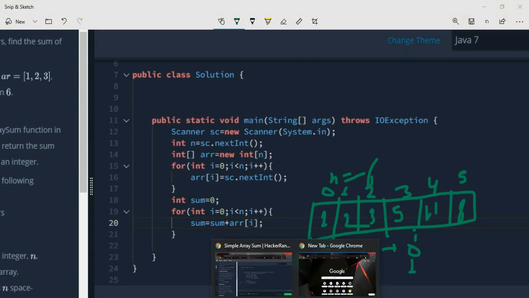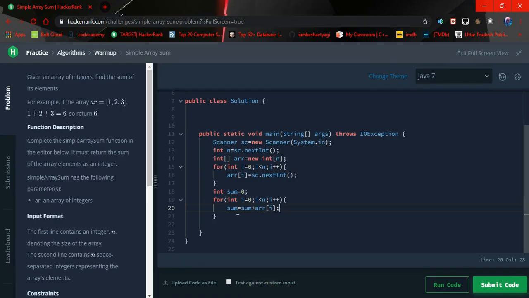So now let's move to the program. Here the sum of all the array elements will be calculated, and we are going to print the sum on the console. So System.out.println, and we are going to print the sum.